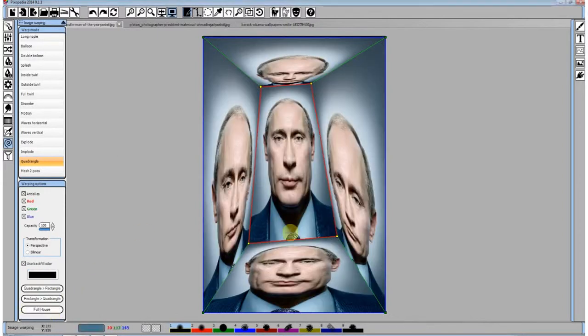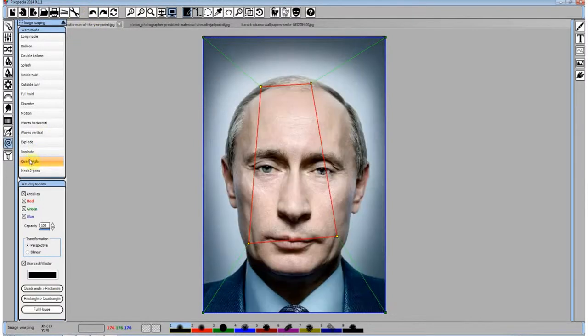We get something like, so I called it full house, like a room with 5 walls, and on each wall is ceiling, floor, 3 walls. Each wall is filled with a picture of Vladimir. Okay, so we'll undo it, go to implode, and back to quadrangle, and we got initial settings.